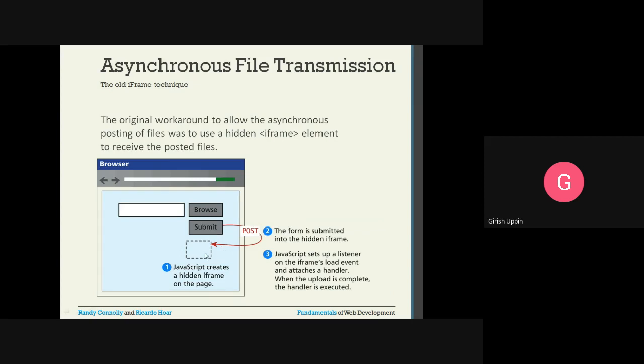JavaScript sets up a listener on the iframe's load event and attaches a handler. When the upload is complete, the handler is executed. So this is how the workaround works. Whenever you have the file and click submit, internally it gets submitted to the hidden iframe. Then JavaScript uses the listener method, and it loads that particular file onto the server.